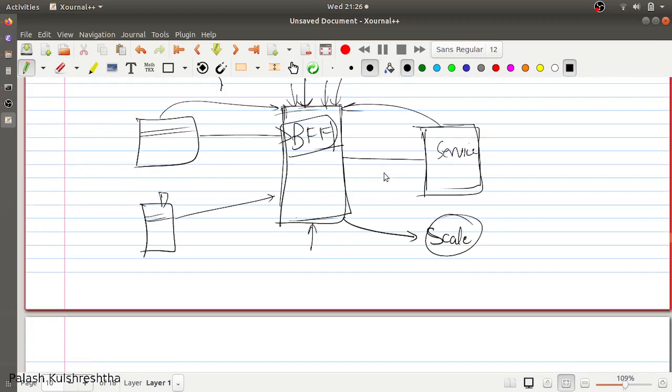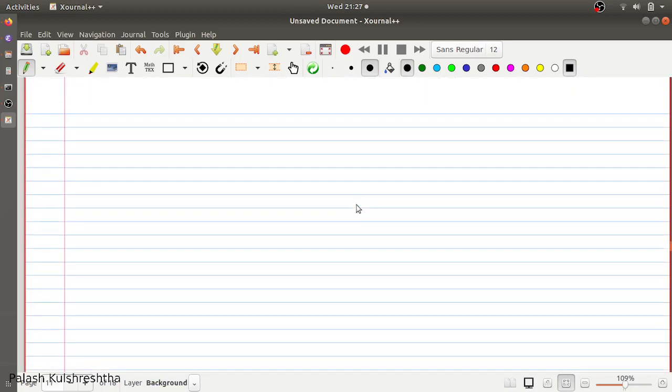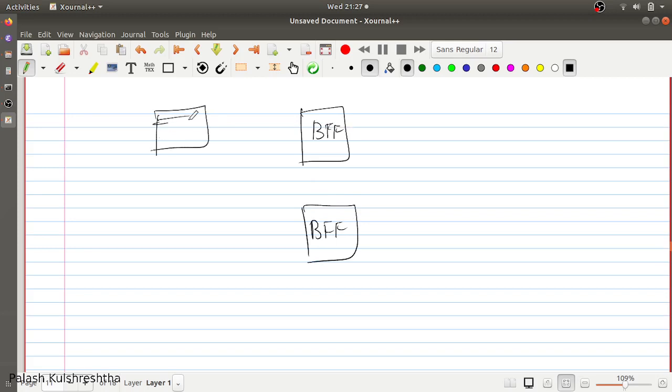Another thing that you have to consider is that there should be no code duplication. This is generally seen where you have multiple BFFs for multiple interfaces. For example, you have a browser interface and a mobile interface, and you have separate BFF services for them.